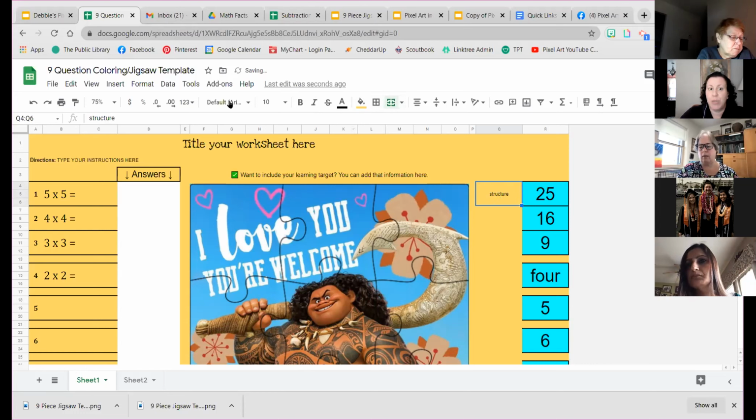So if you merge these three together and then change it to a bigger font, you'll be able to see it. But when you have a small cell and you try to put something really big in there, change that